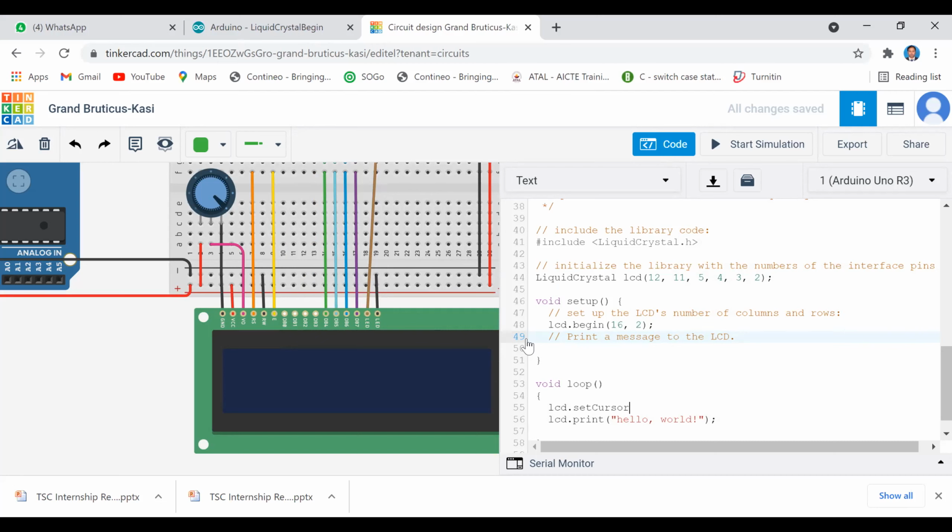This is another function. Here I'm going to tell which particular row and column. I use 0 row and 0 column, because there I want to display my hello world continuously. So which is your first row, that is the 0th row, this one.